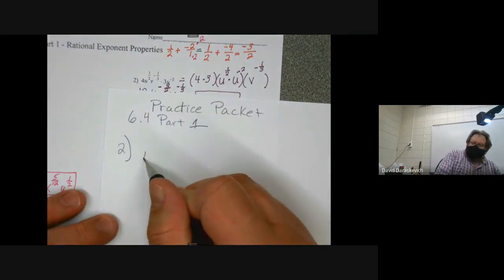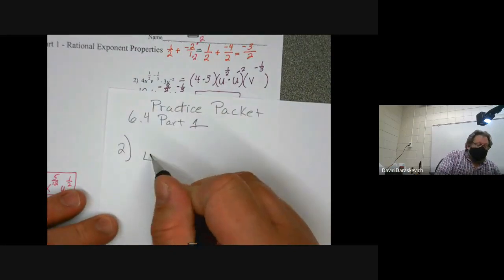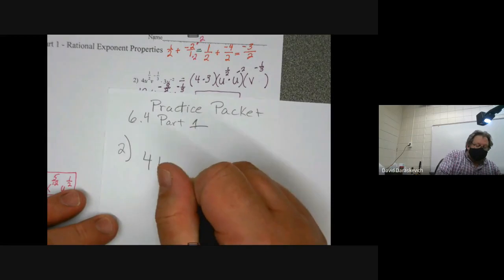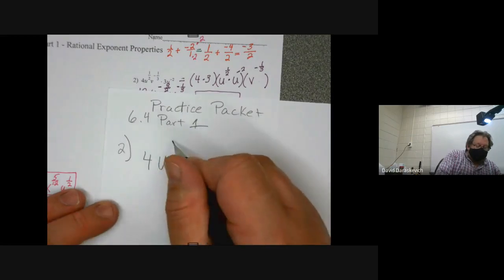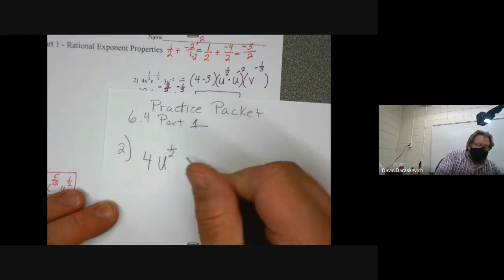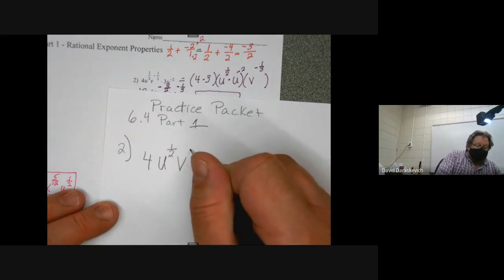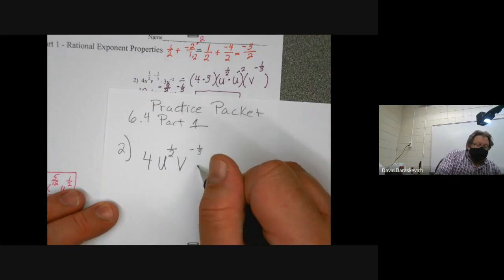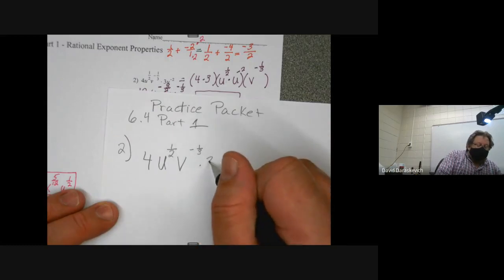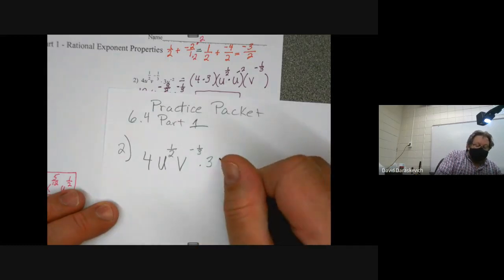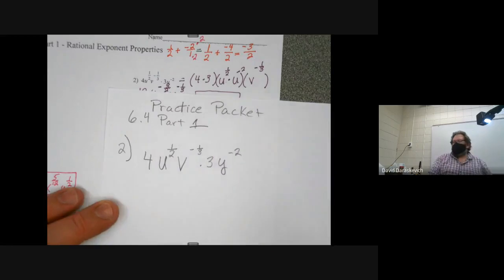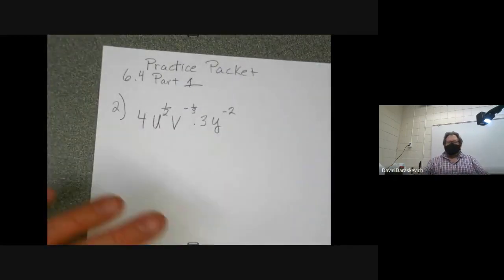And it says I have 4 u to the 1/2 v to the negative 1/3 times 3 times y to the negative 2. Okay, so